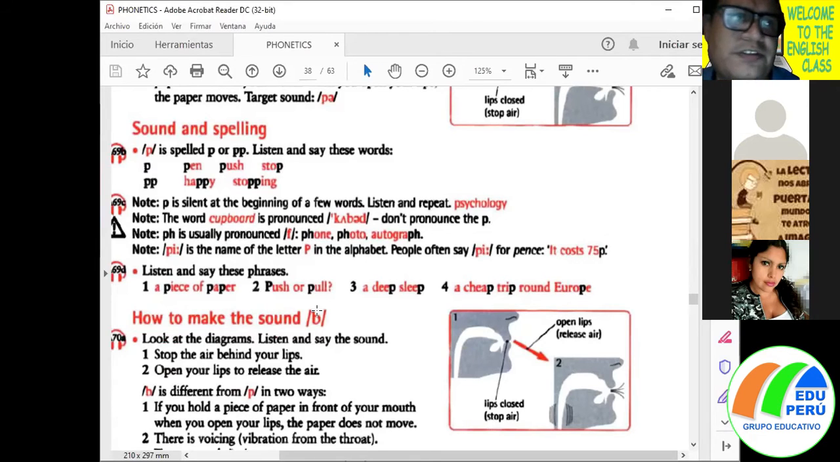Here you have some notes about this sound. For example, the first note says the letter P is silent at the beginning of a few words, for example in the word psychology. Psychology. So you don't pronounce the letter P. The second note, the word cupboard is pronounced cupboard. Don't pronounce the letter P. Again, here the P sound is not pronounced. Cupboard. This is a British accent. The third note, PH, is usually pronounced with the sound